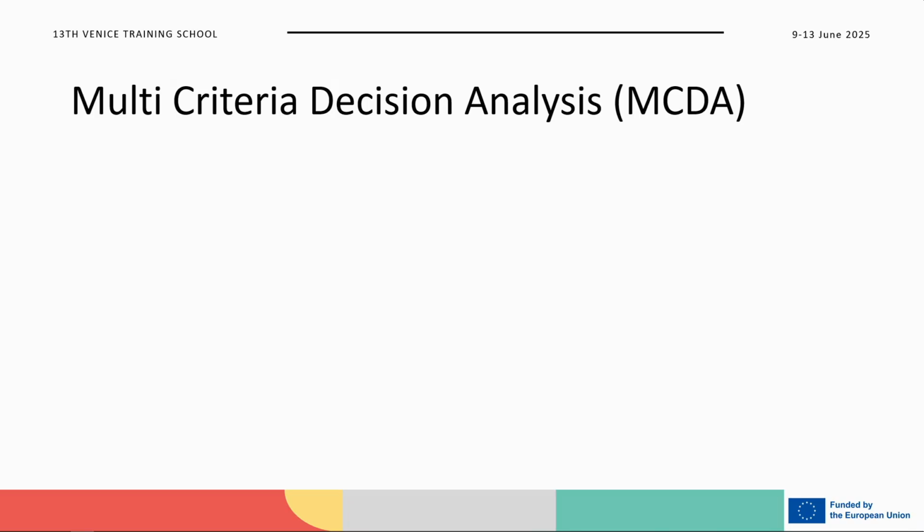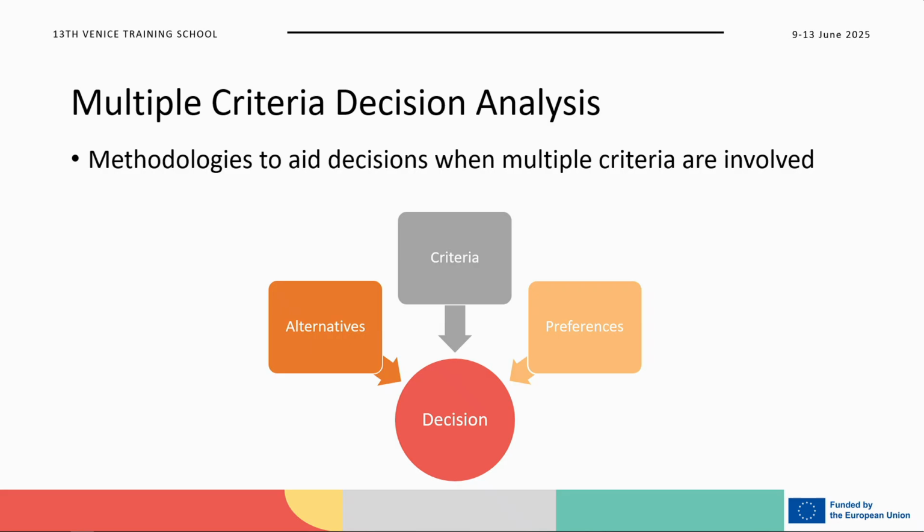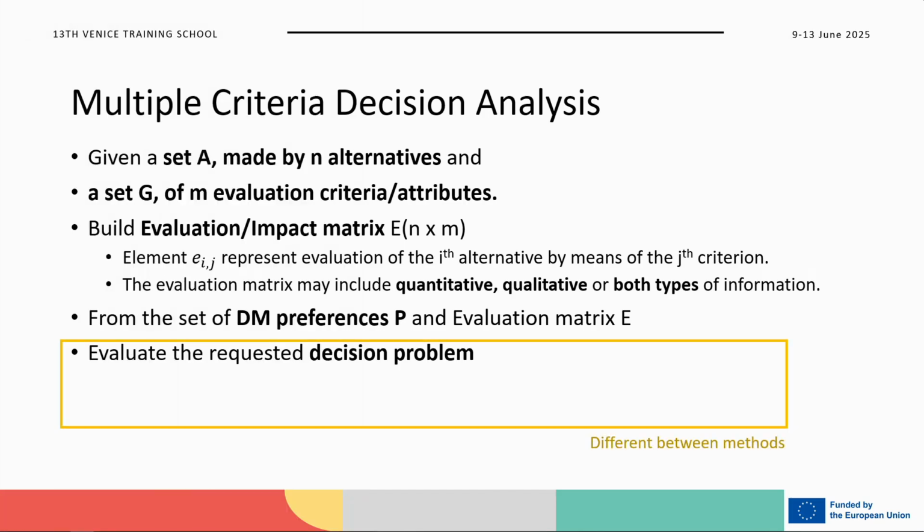There are different methodologies to aid decisions when multiple criteria are involved. Anyways, you always have alternatives, criteria, and preferences, and then you take the decision. This is the official definition. I just want to say this thing is not exactly in the same position, but anyway, there are some parts